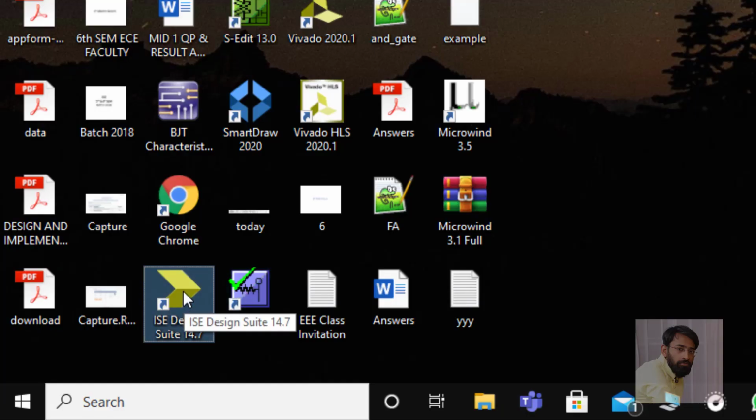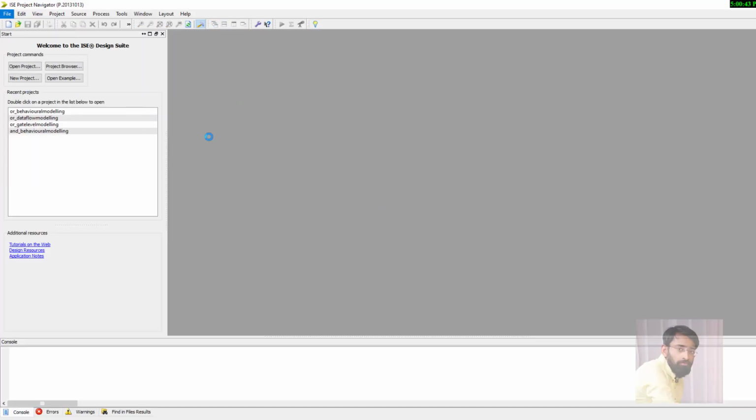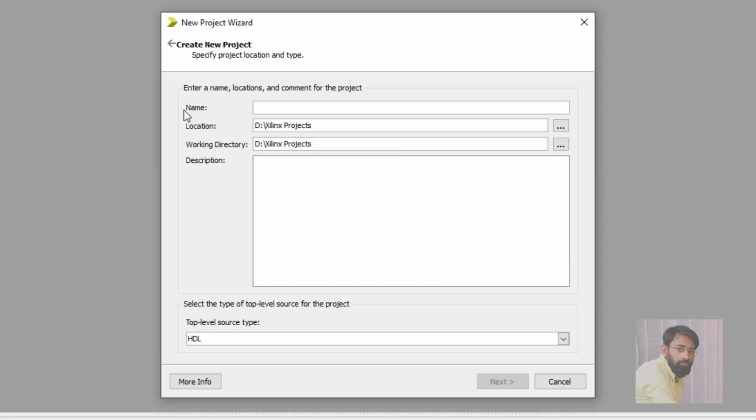Click on ISE Design Suite 14.7. Click on File, New Project. Let us give the name. The name of the project that I have given is NOT underscore gate level modeling.